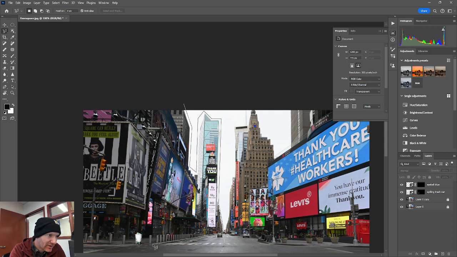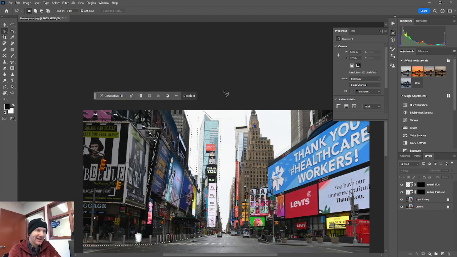So say for some reason I wanted to maintain the road and the sky, but I wanted to get rid of all those buildings. I can use the polygonal lasso tool to just click around to select those pieces. So here I'm just going to say grassy field